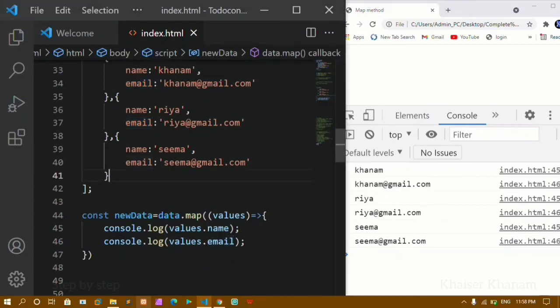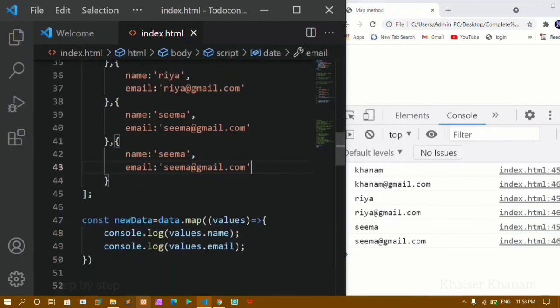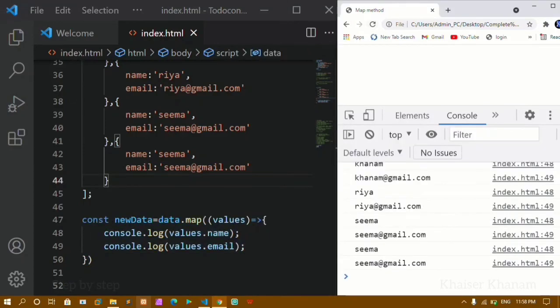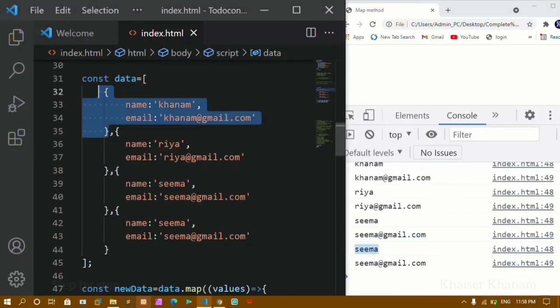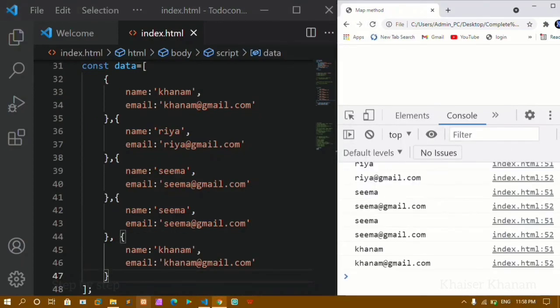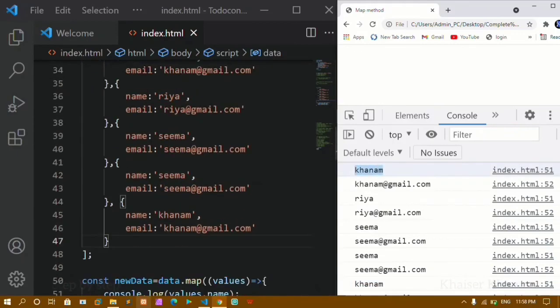access the data. Now if I add one more data here, suppose I'll copy the same thing from here, and here I'll paste that one. I'll save this. Now here I don't have to change anything. I can add as many data as I want now. Now if I refresh this, you can see again I'll be getting Seema and Seema here. Now I'll copy this first data from here, and here I'll paste that one. I'll save this. Now if I refresh this one, you can see the first data has been displayed here and also here. Okay, this is how we are going to use map method.